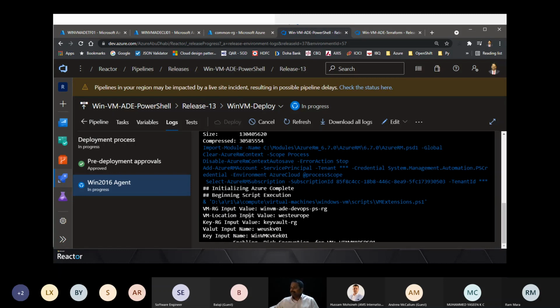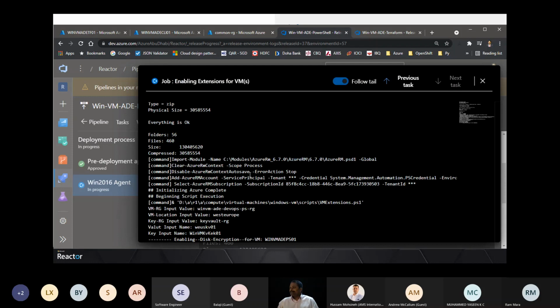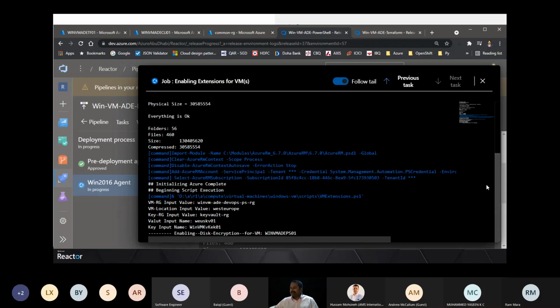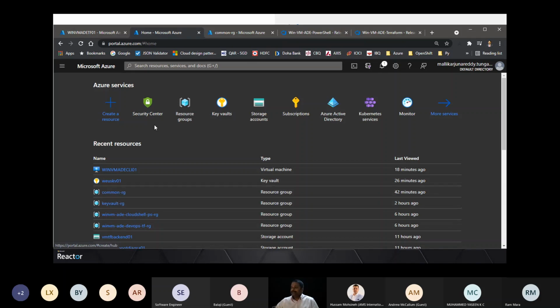The pipeline has taken this PowerShell RG, and then Europe. Let me open it bigger. I hope you are able to see. So this is the VM name: Windows VM, Azure Disk Encryption, PowerShell 01. With DevOps, it started doing that. Let's go to the other resource group and see.